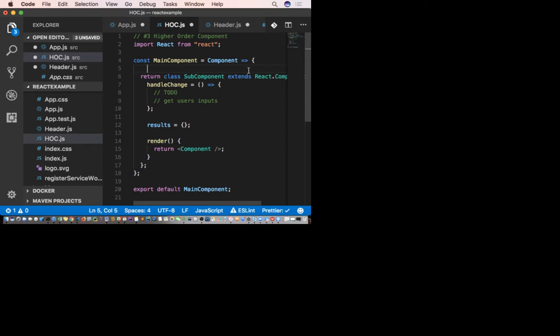Is it most often true that higher order components are built as part of a refactoring rather than the original design? You notice that you've got these seven other components that all have their version of the function, and you pull it out and put it into a higher order component.